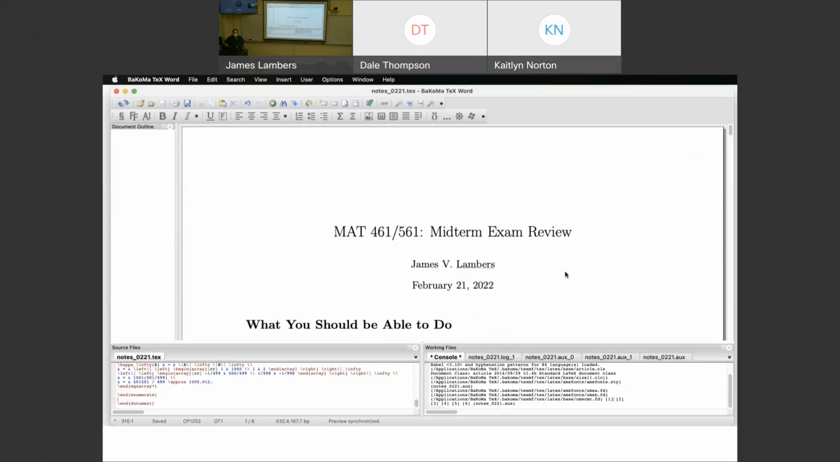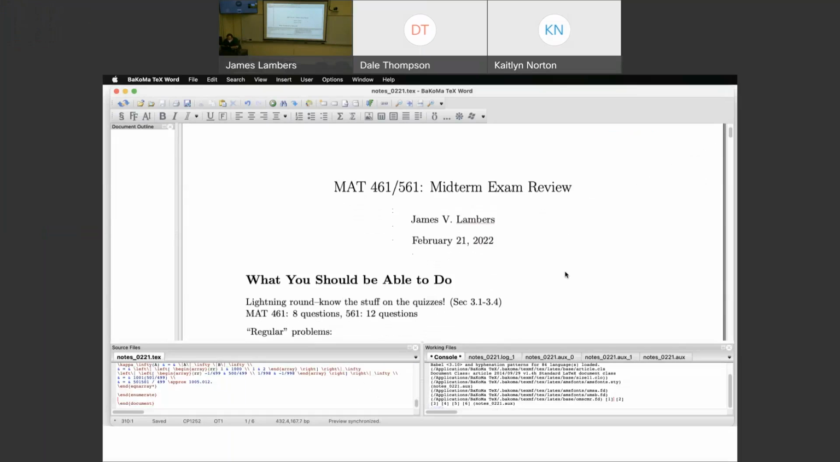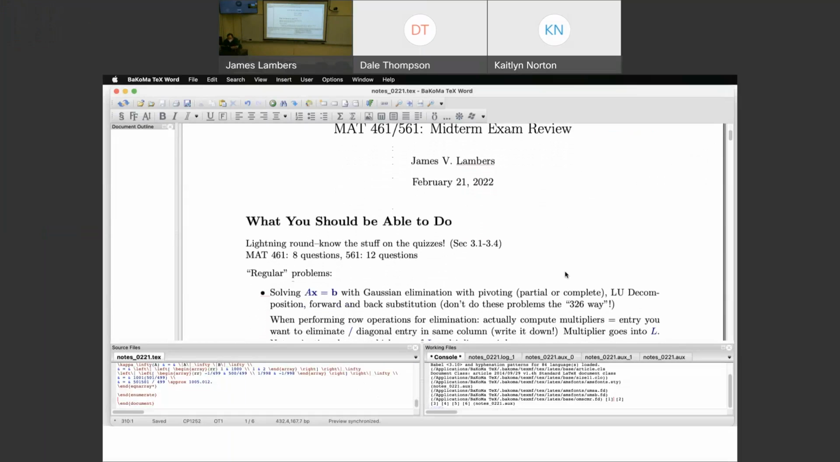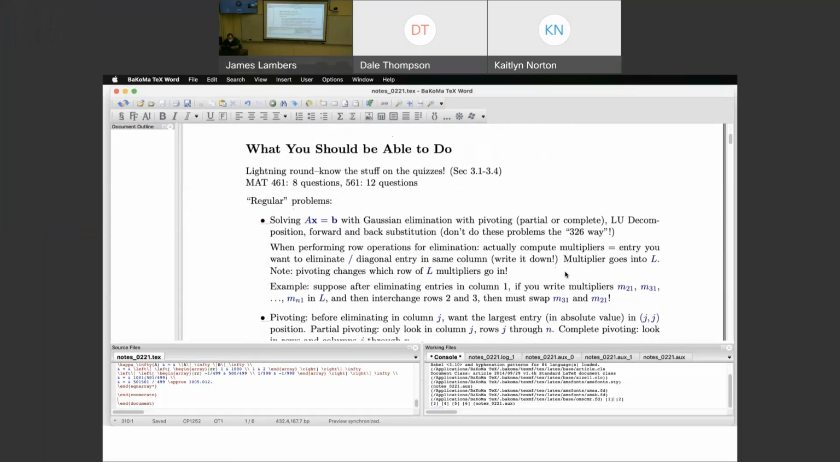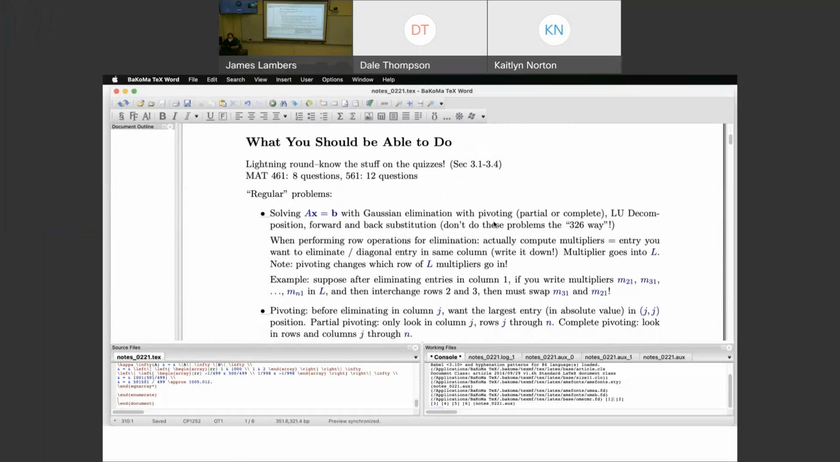About the midterm. Okay, so the first is the lightning round part. You need to look at quizzes. Questions like that will show up on the test. Keep in mind how many questions of each type you're supposed to do. It'll say so on the test, depending on